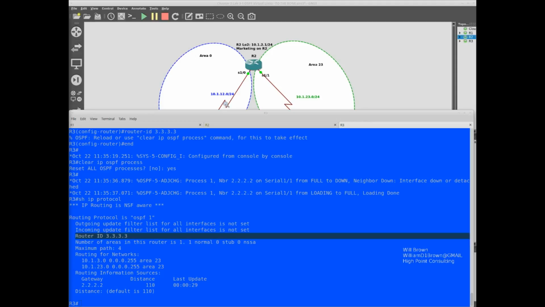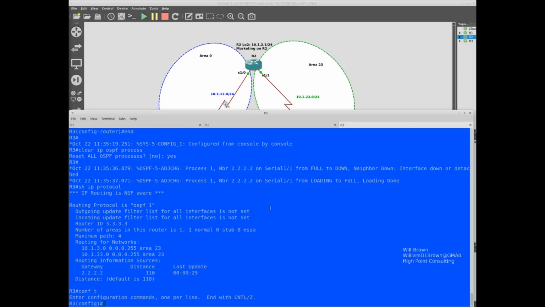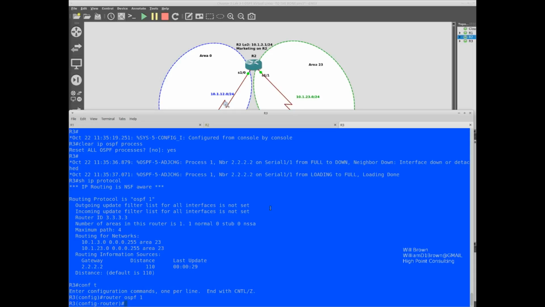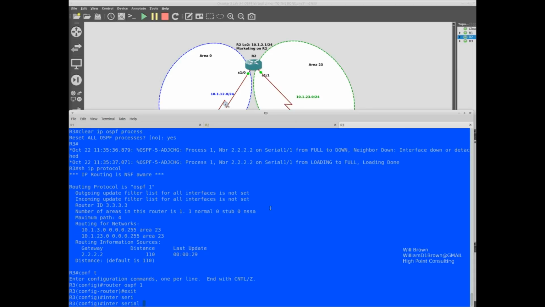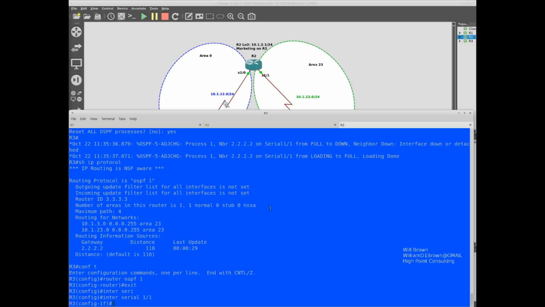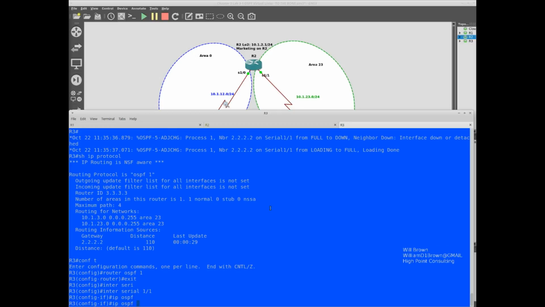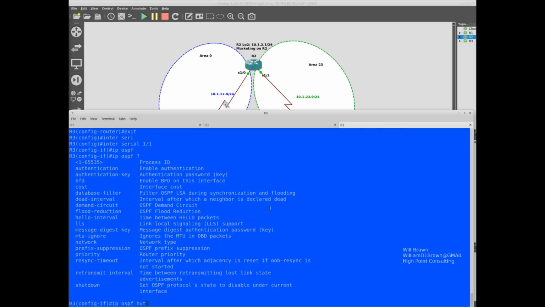Let's see, one of the things I want to take a look at, on router 3, I'm going to go back into router OSPF 1 and go into interface serial 1/1 and say IP OSPF shutdown.